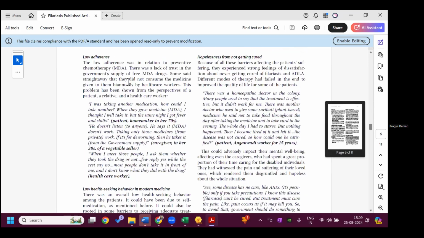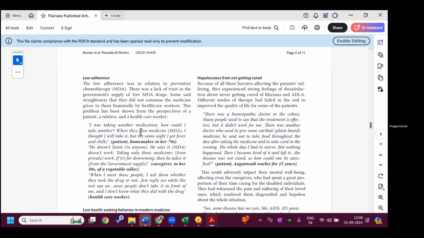Apart from that, you can see this is one theme, one category of low adherence. And here I have triangulated the statement from three people. The patient is saying, I was taking another medication, how could I take this one? When they gave medicine, I thought I'll take it, but the same night I got fever and chills, so I didn't take it. Similarly, the caregiver is saying, he doesn't listen to anyone, he says it doesn't work, taking only those medications from private work.